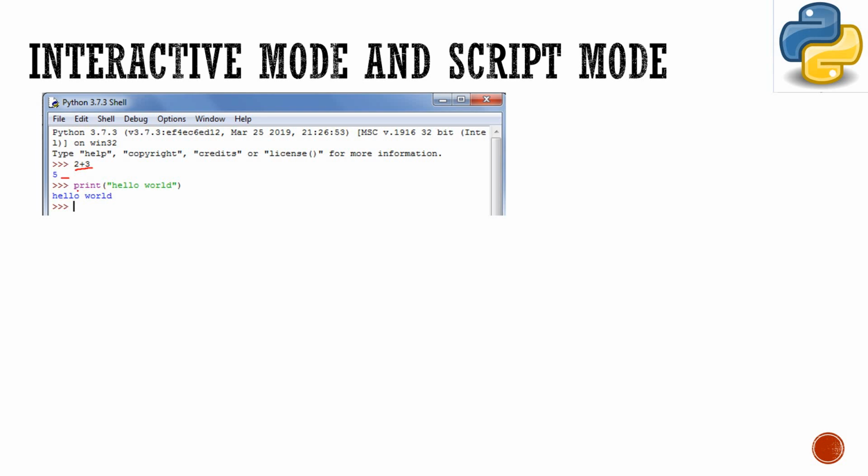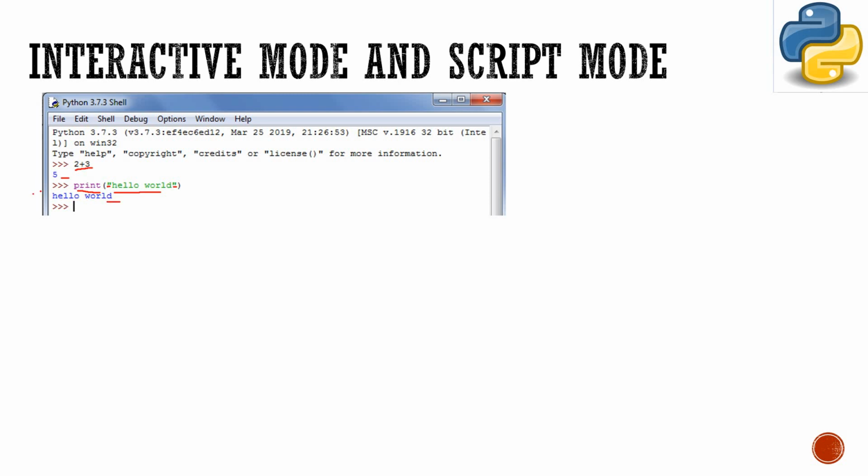Next, I am using the same program that we learned yesterday. First, I am using the print function. It was not available in Python 2. Now in Python 3 we have the print function, in which I am writing hello world. Why am I writing it in quotes? Because it's a string. When we are using a string in Python or any other language, we use quotes. So I am getting the output here, hello world.